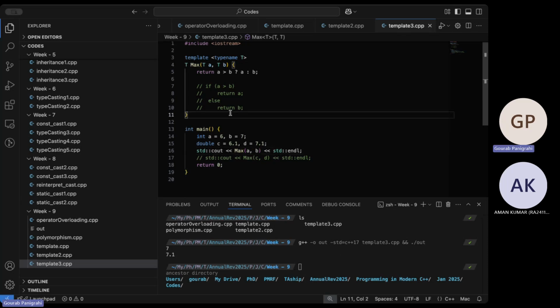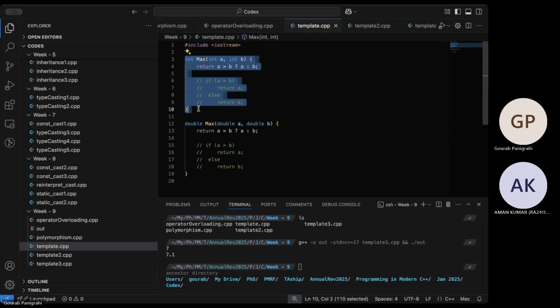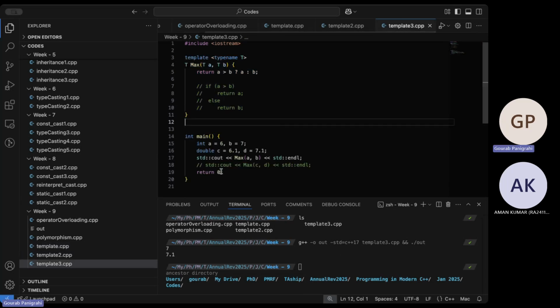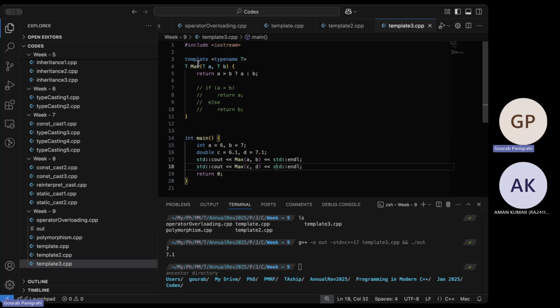It will only create code where the integer function max with its body will be there. There will be no code for the double because here we only call for integer. Got it? So if I have both, then the compiler will create max for both of them. Else it will only create for those which you are actually calling.